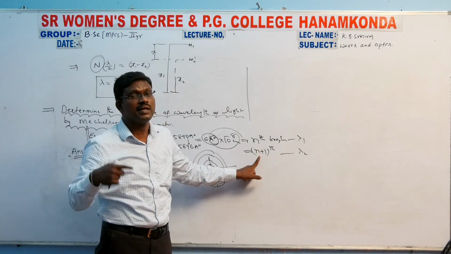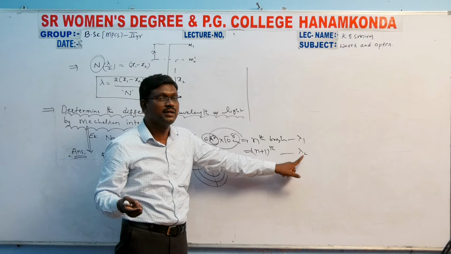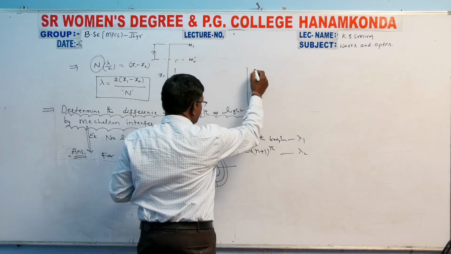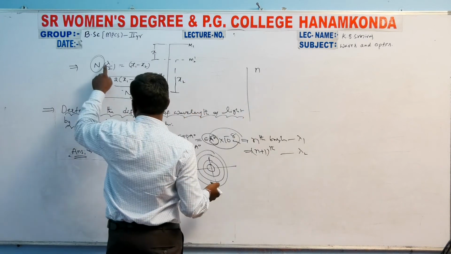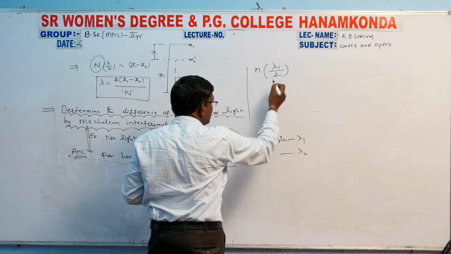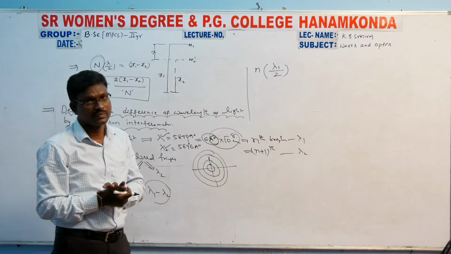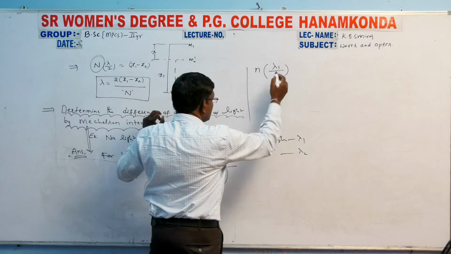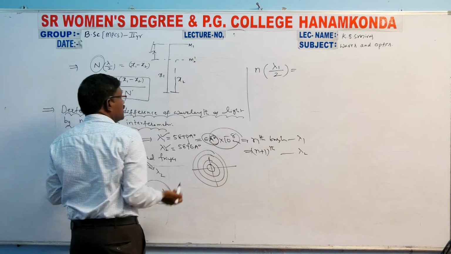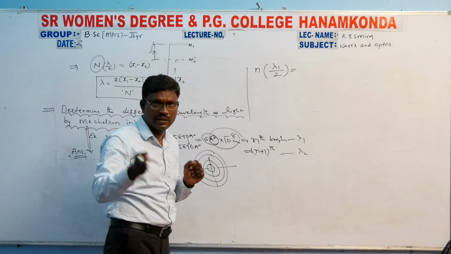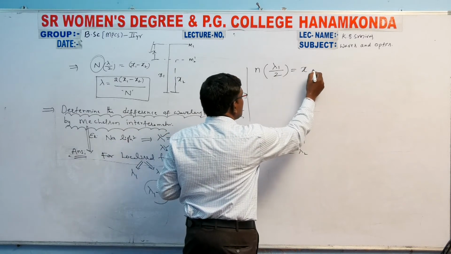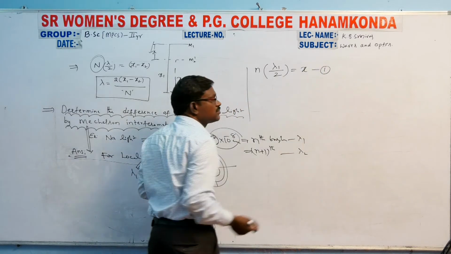N plus 1 is the n plus 1th bright fringe corresponding to lambda 2 wavelength. Instead of n, here I am writing small n. Instead of lambda by 2, here I am writing lambda 1 by 2, simply for the first light. Lambda 1 by 2 is equal to, what is the distance covered by this M1 mirror? Total distance covered by the mirror, already I have calculated by using that microscope, as x. Let this be equation number 1.